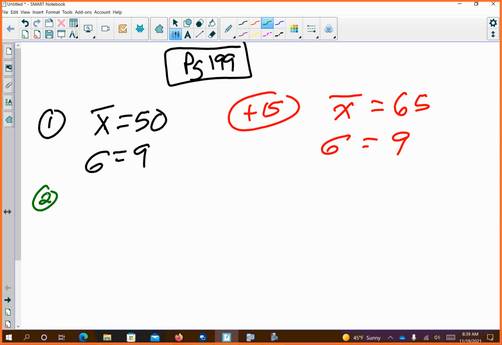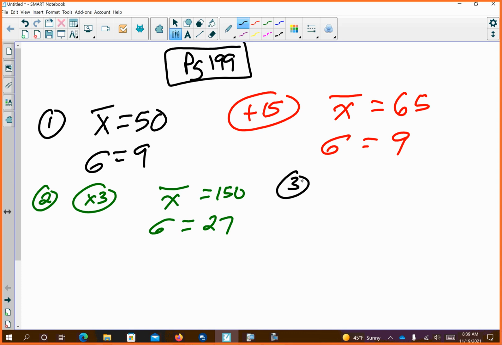Problem number 2, if we triple it, so you multiply everything by 3, your mean becomes 150 and your standard deviation becomes 27. Multiplication is a higher order, so it changes the outcomes of things. And then number 3 says we double each number and then subtract 30. So that means that our mean